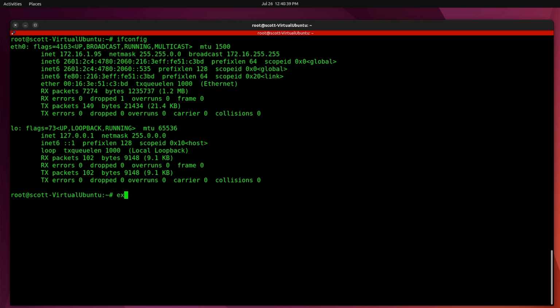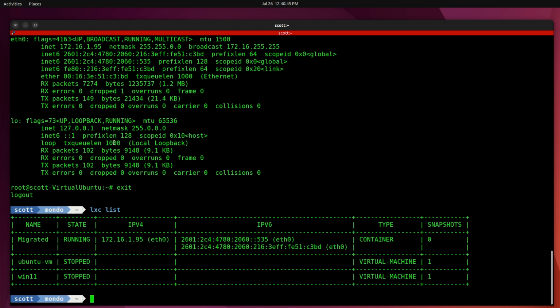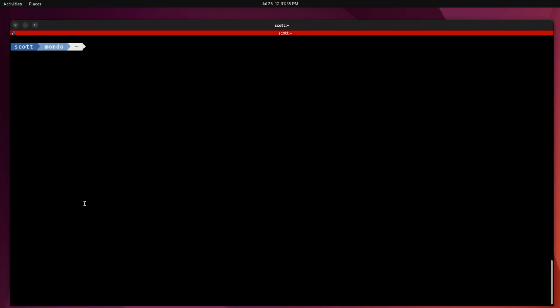And in fact, if you exit back to the LXD host and do an LXC list, you'll see that the same address is listed for the migrated container. So I'm going to go back into the container again with the LXC shell migrated. And when I get here, I'm going to do an apt install